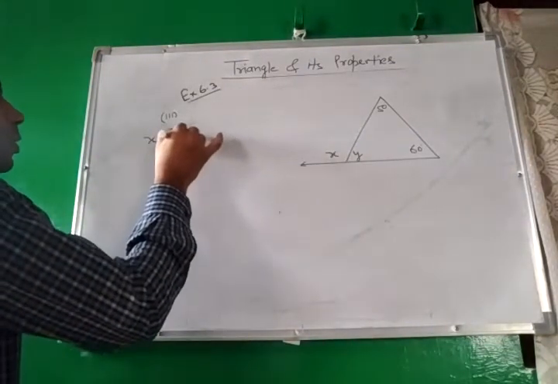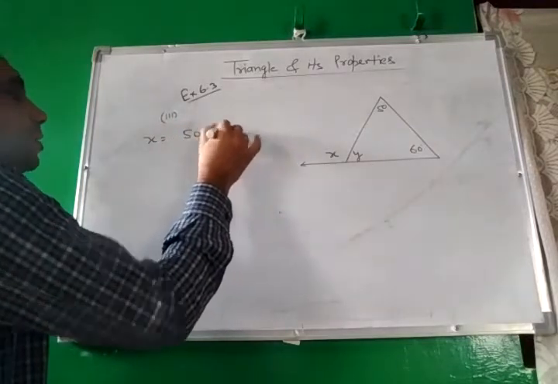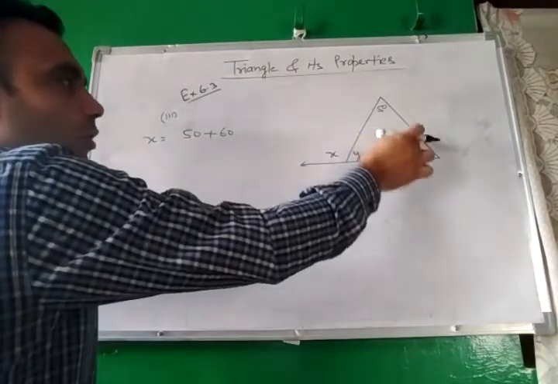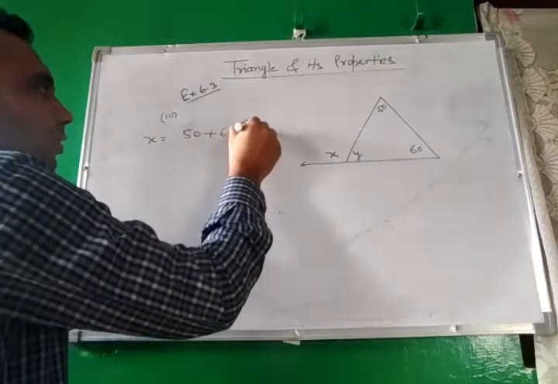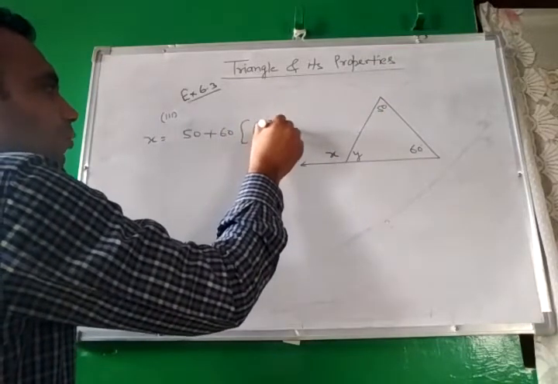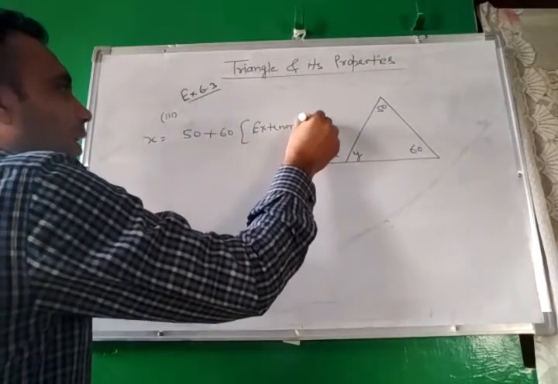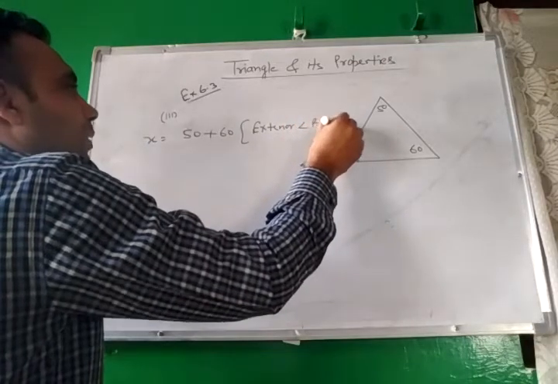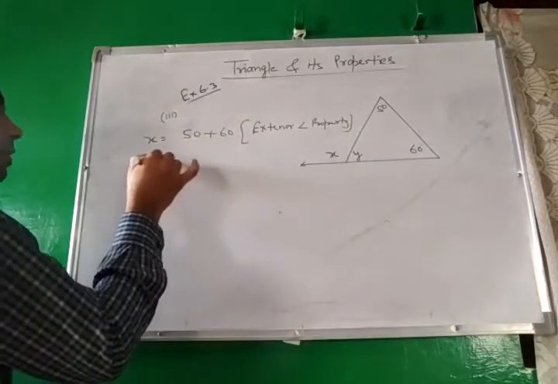So x is equal to 50 plus 60. The exterior angle is equal to the sum of the opposite interior angles. Which property did we use? Exterior angle property. So x is equal to